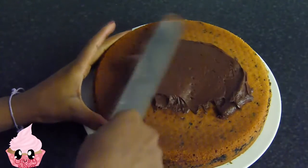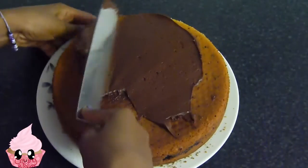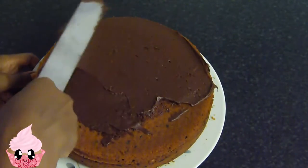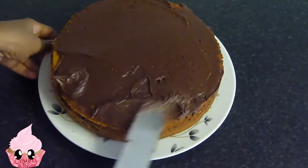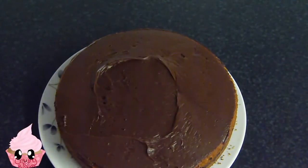And I used a shop bought frosting just because I'm really lazy and I didn't want to make my own. So I'm just going to be using a shop bought one, and of course you could choose your favorite frosting to use for this cake, but chocolate works really well for this. And I'm going to use it to spread all over my